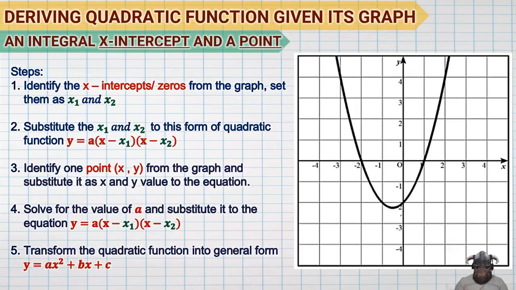Okay, for this part, we will once again derive the equation of quadratic function given its graph, but this time we'll be using the integral x-intercept and any point of the parabola. So, kailan to ginagamit? So, madalas ginagamit tong condition na 'to kung sakaling ang vertex mo is not integral or